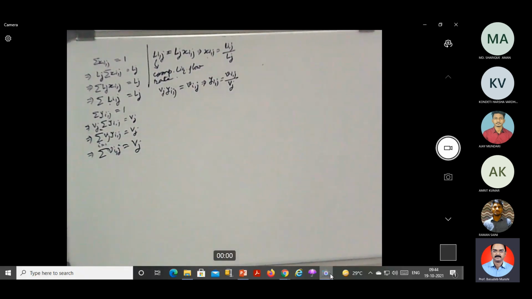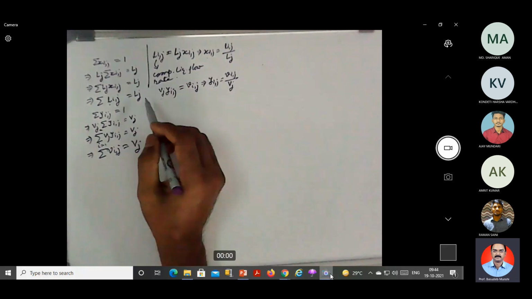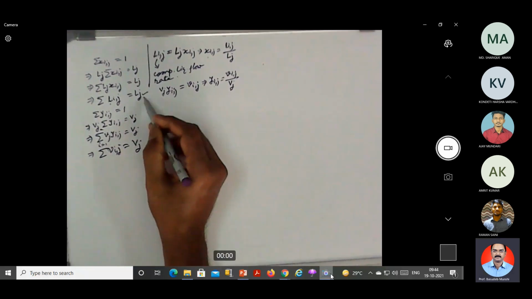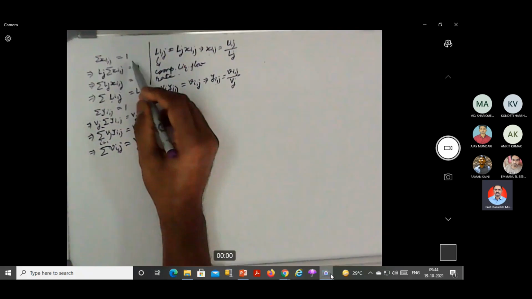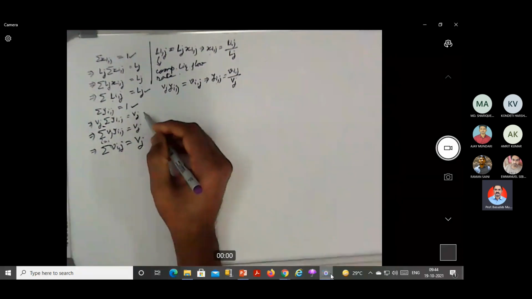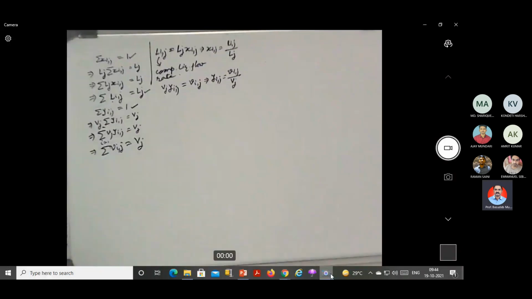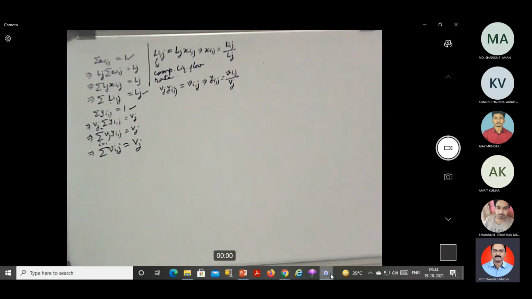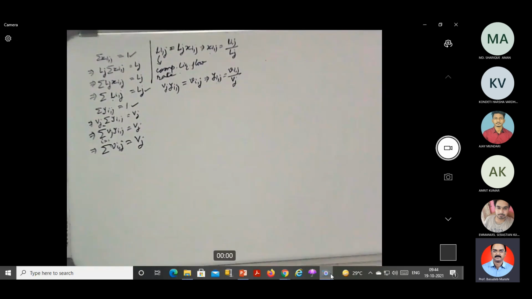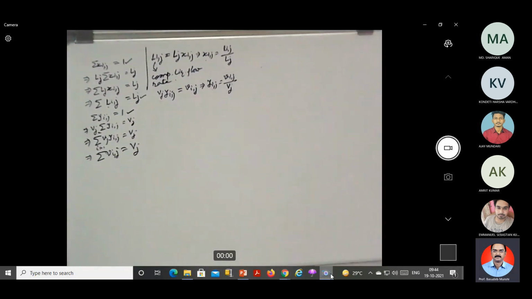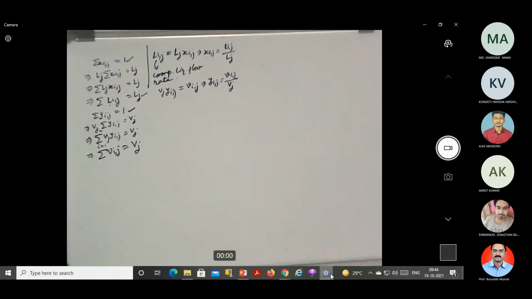Clear? Now in this equation we have already used the sum relation. Okay, this sum relation we have already used. Here also we have used this sum relation. So further we are not going to use this sum relation because we have already used it. Now let us modify the mass balance equation. Okay, the component mass balance equation.